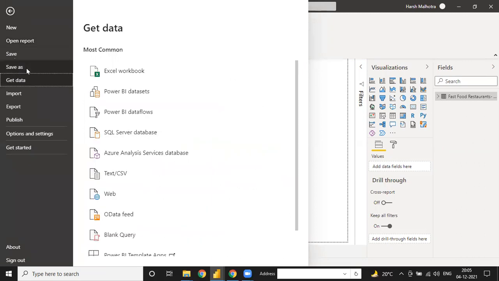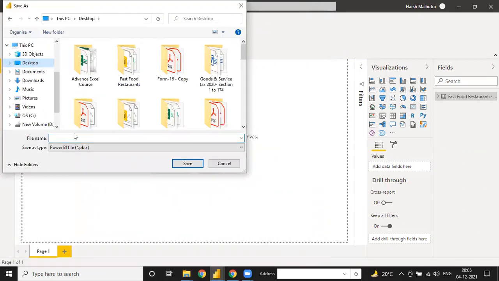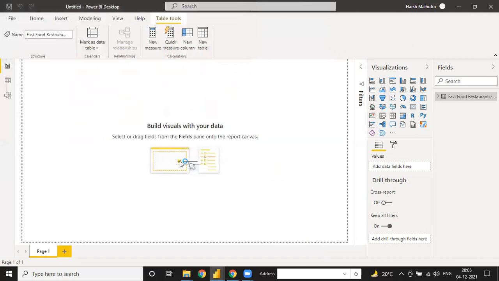So save your file. Go to the Save As button, click on Desktop and save as. Suppose you put the name restaurant working file. Okay, done here.